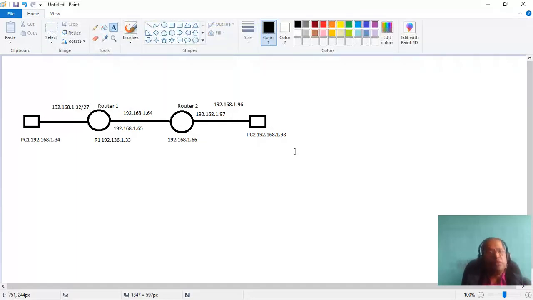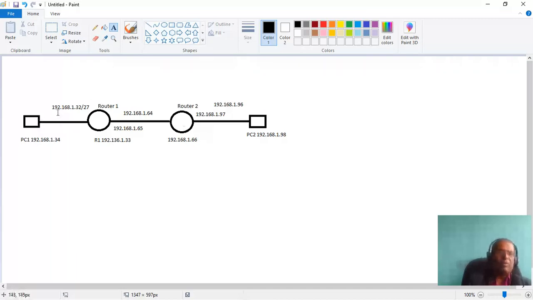So we need 2 concepts here. Number 1, we have to configure the machines. You can have a switch in between, there is no problem, because since switch is a plug and play device, you don't have to do any IP configuration on the interfaces. So we are worried only currently about configuring the routers which will handle the inter-domain communication.